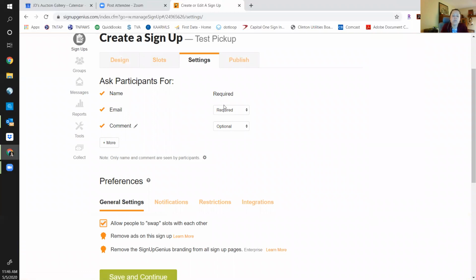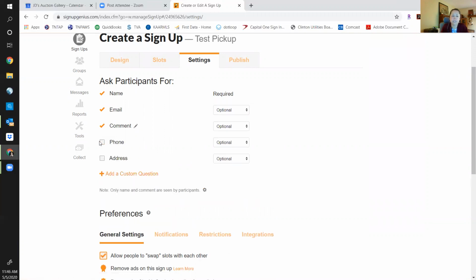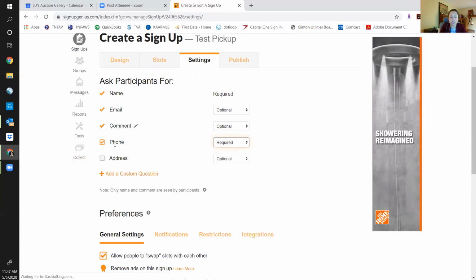Okay, so of course you have to require a name in here somewhere. We used to have email addresses required, but we found that the easiest way to get a hold of people is not by email, but by phone. So we want to make this required, because we can either call or text somebody if they miss a time, or if we have questions about if they're bringing additional assistance because we realize they got 45 items and they're all large pieces of furniture,